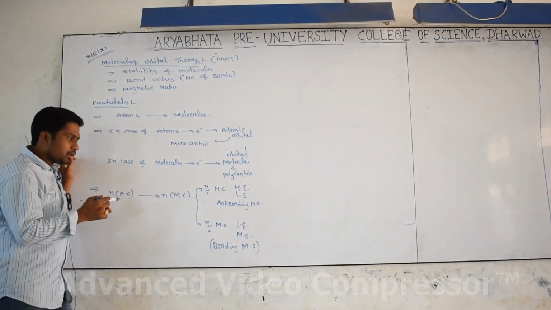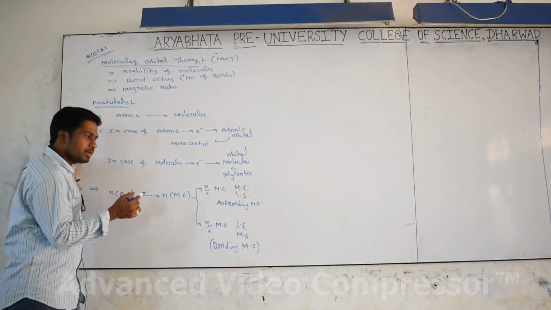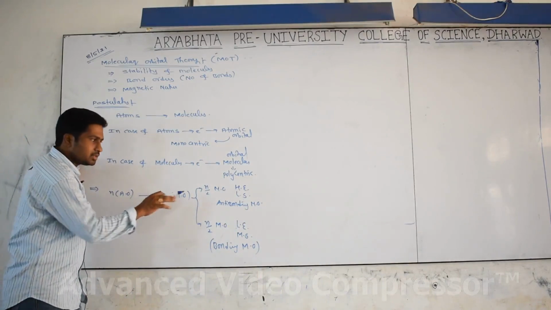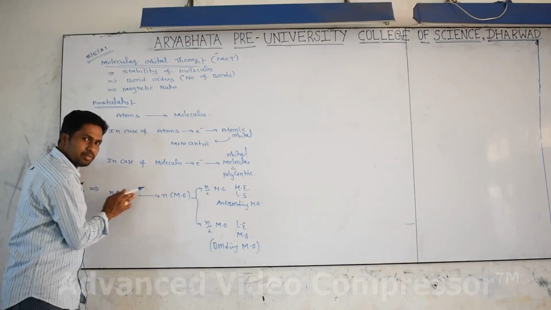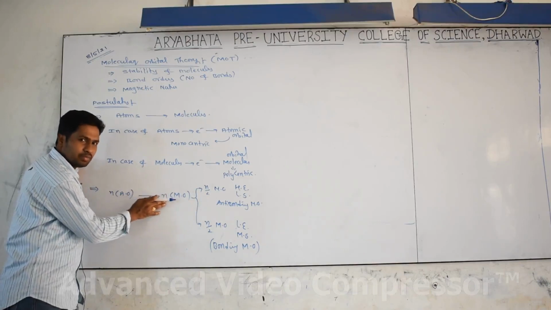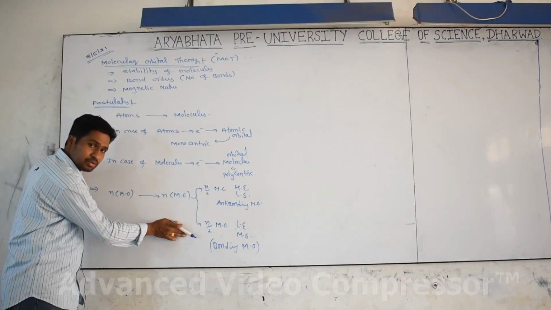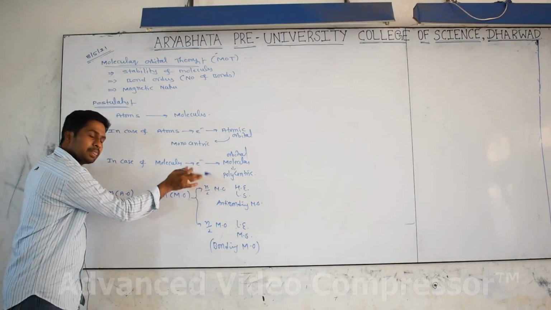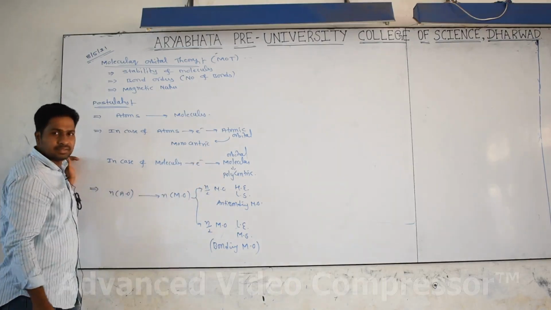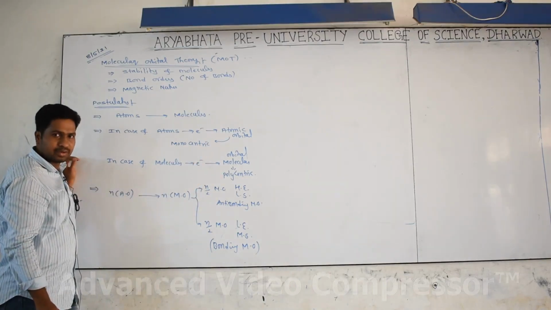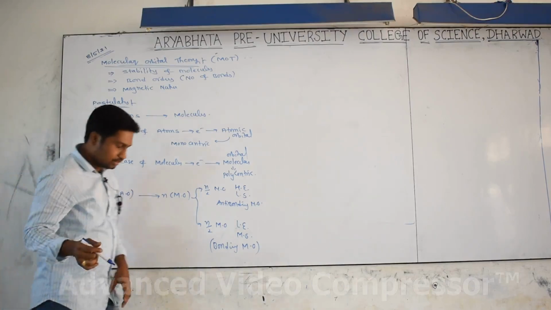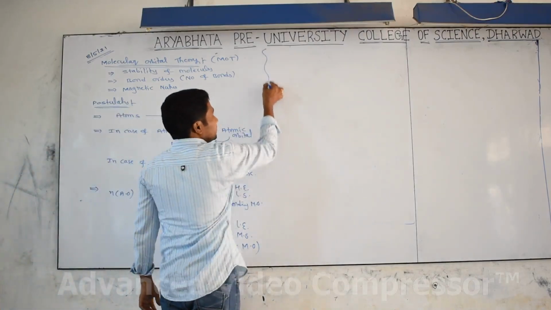However many atomic orbitals are combined, the same number of molecular orbitals comes. For example, if 10 atomic orbitals are combined, then we get 10 molecular orbitals. Of the 10, half, that is 5, have less energy and are more stable, called bonding molecular orbitals. The remaining 5 have higher energy and are less stable, called anti-bonding molecular orbitals. Did you get my point? Yes. We will go for some other important things.